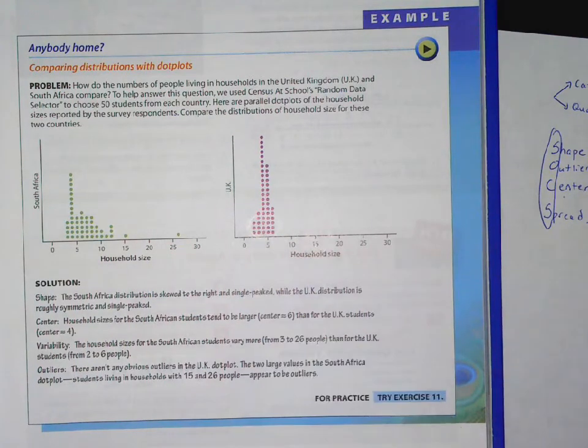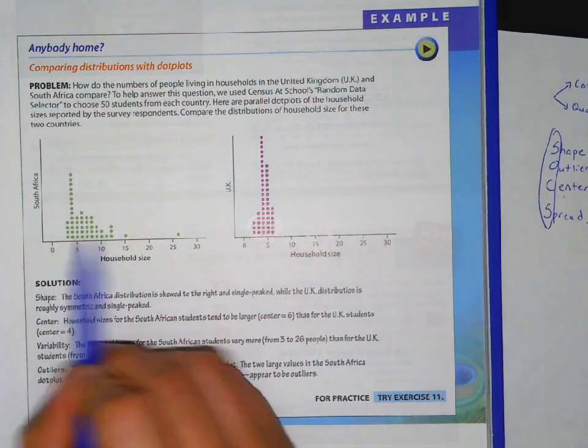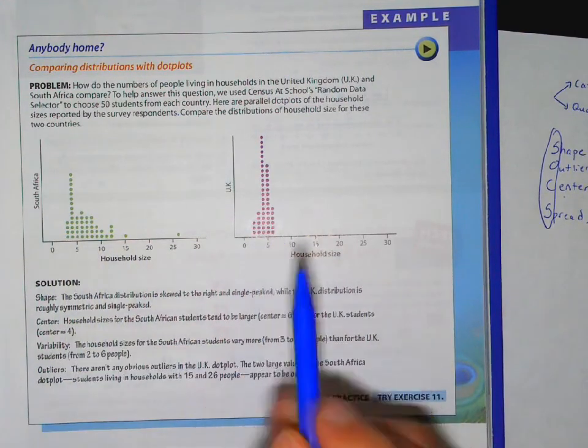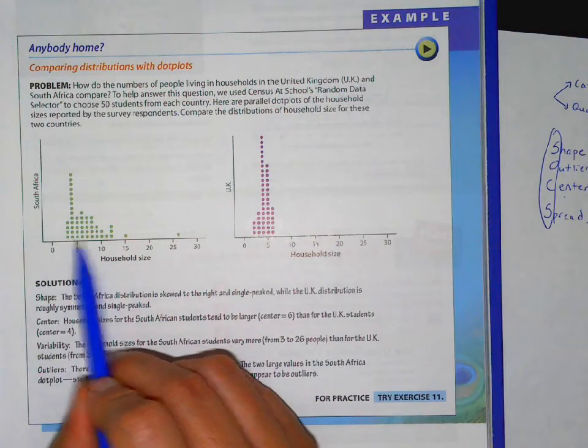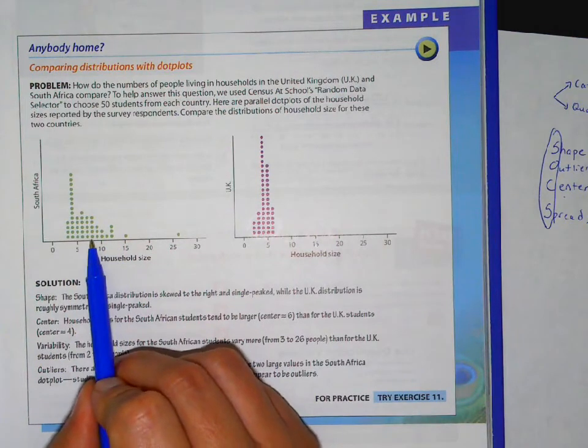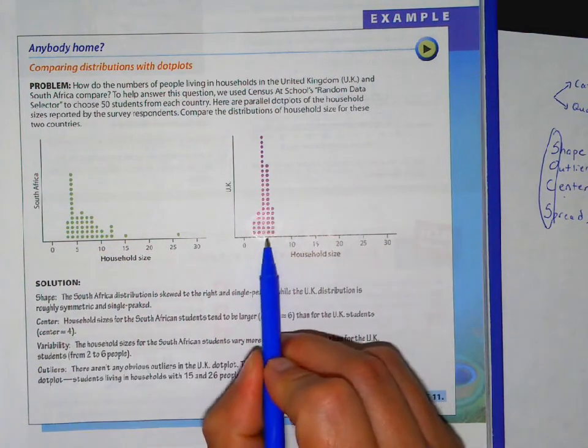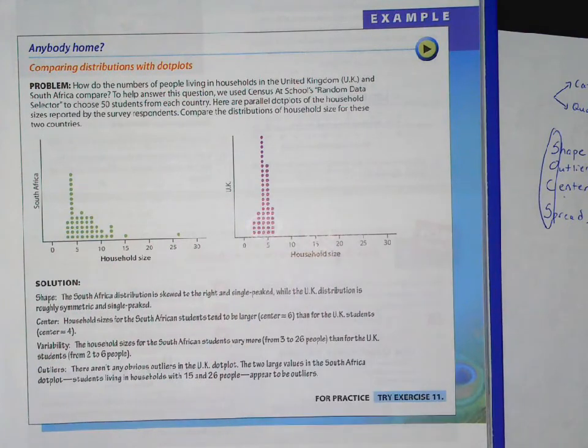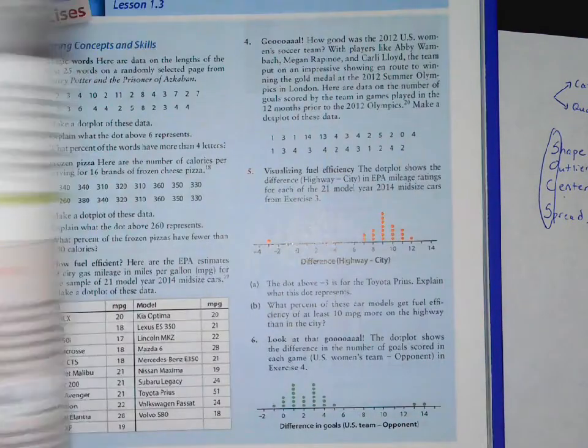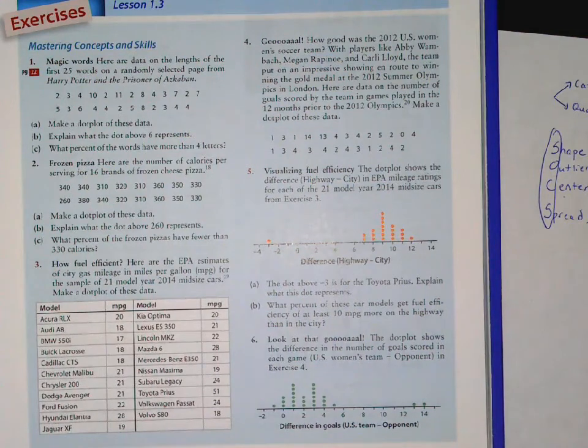Spread, this is more spread out than this. So I would say the household size of South Africa is more spread out than the household size in the UK. Make sure you use that descriptive language, greater than, less than, about the same,